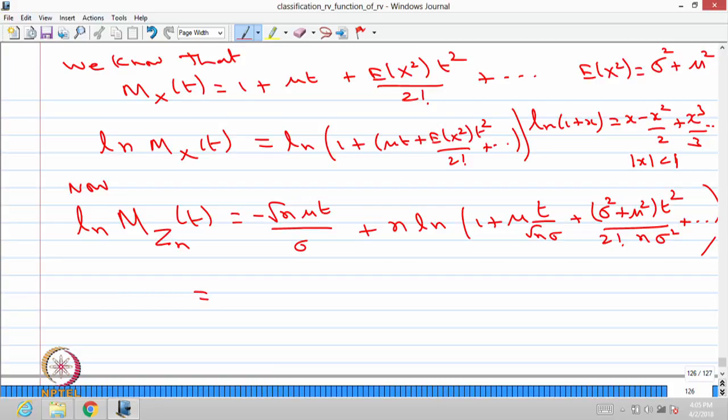This is going to be minus square root of n mu t divided by sigma plus, now I am going to apply ln of 1 plus x, that is n times x minus x square by 2 plus x cube by 3. So, x is going to be this